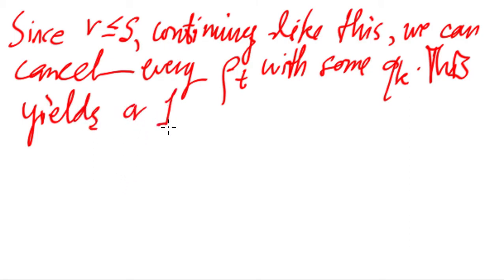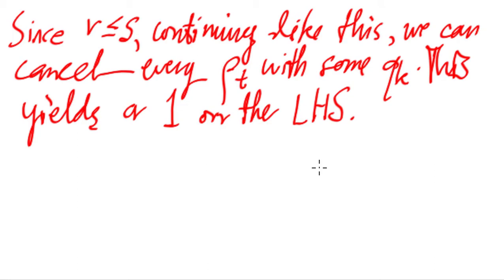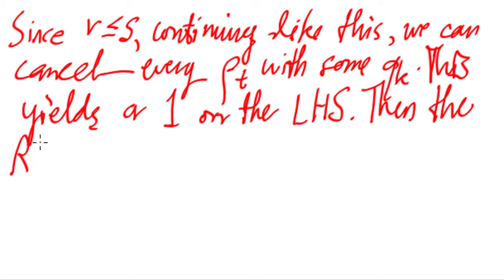a 1 on the left hand side, okay, at the end. So of course it will end up in the 1 because all the p sub 1, p sub 2, p sub 3 up until p sub n will be washed out from this equation. So then the right hand side cannot be left with any primes. Okay, so from this then we say the right hand side cannot be left